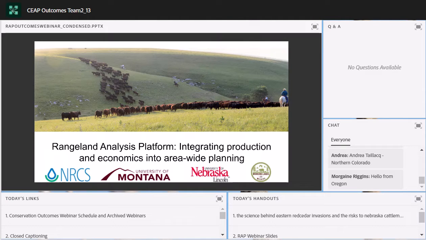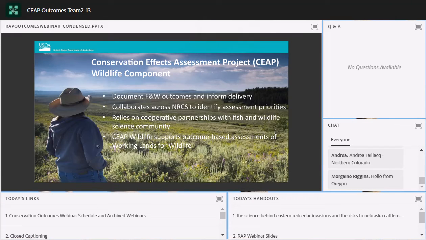Our West and Central National Technology Support Centers are also working to promote use of this tool by producers and to integrate it into the toolbox used by our conservation planners in the field. It is through this integration with our agency tools like the soil survey and the ecological site descriptions that provide scalable win-win solutions for everybody. With that, I'd like to turn it over to Charlie Rewa, the SEEP Wildlife Component Leader, to introduce today's presenters. Thank you very much.